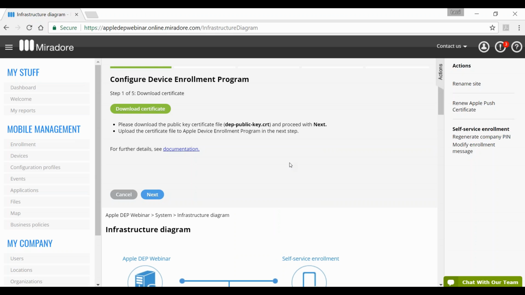Okay, for the configuring, you need to first download a certificate which is identifying Mirado Online as a management service. So let's click here. It's downloading a certificate file. Chrome does say, do you want to keep the file?